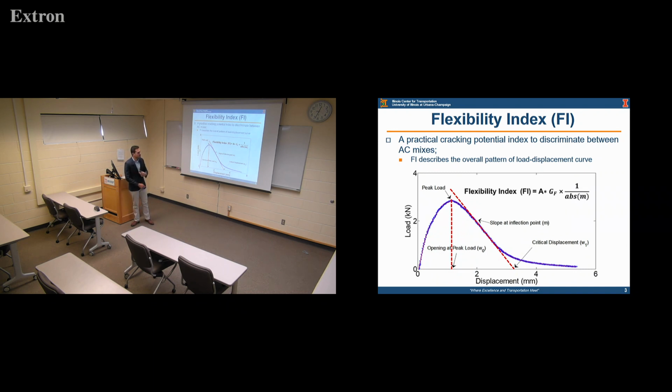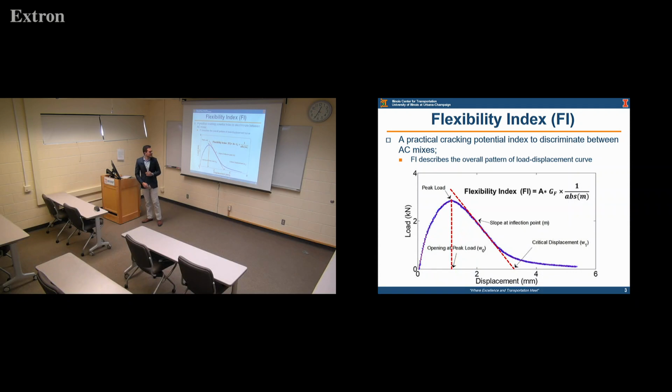The other parameter that was introduced with the IFIT is the slope at the inflection point. This slope indicates how fast the crack is propagating during the testing. A steeper or higher value of the slope indicates that the crack is propagating fast, and this is an indication of a more brittle mix. A less steep, more shallow slope, a lower value, indicates that the crack is